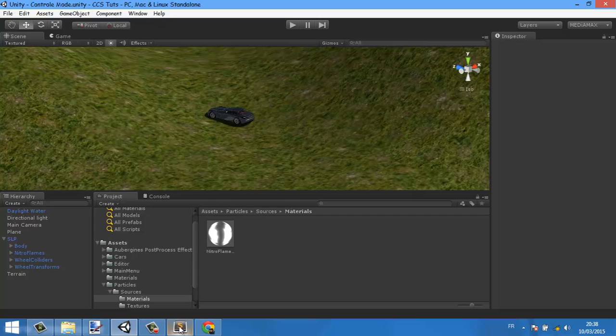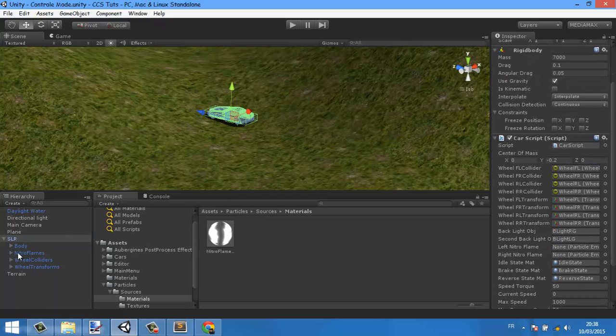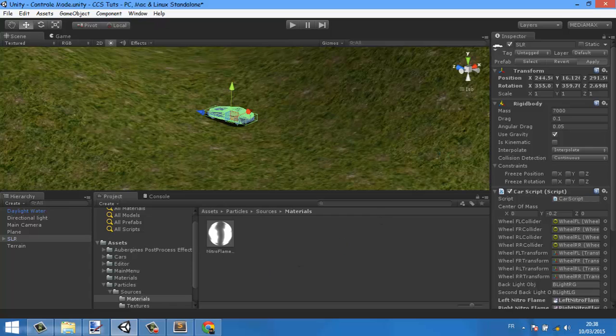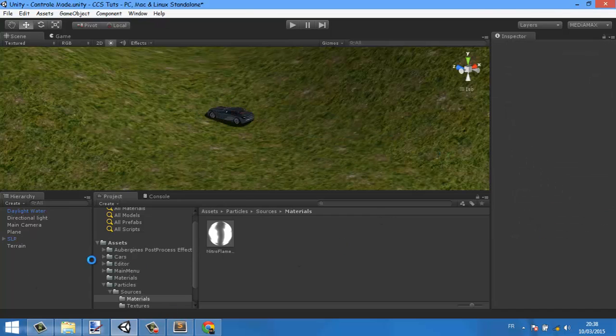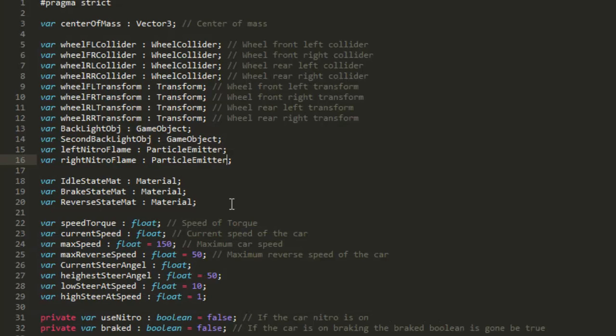Now let's return to the script. First we fill the blanks here, left to left and right to right. Good. Now let's go to the script. Now what I have to do is